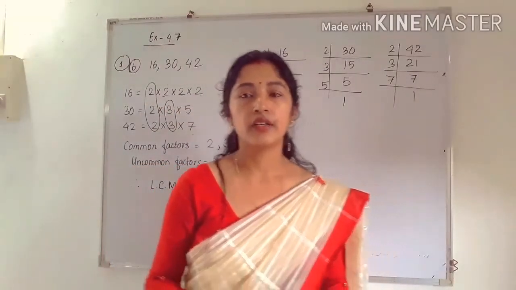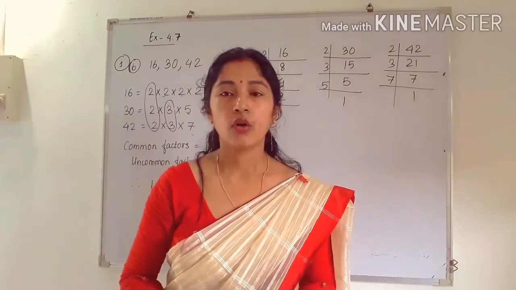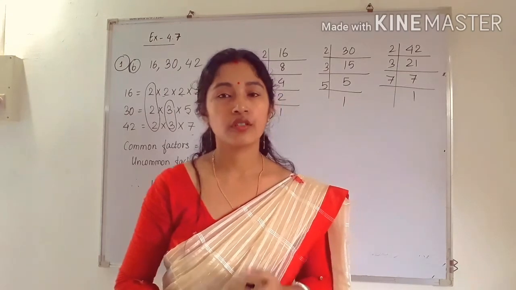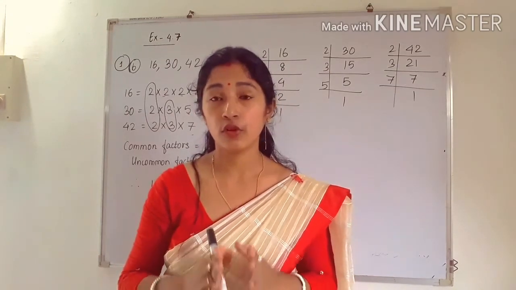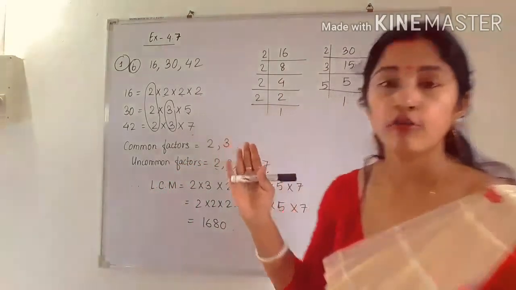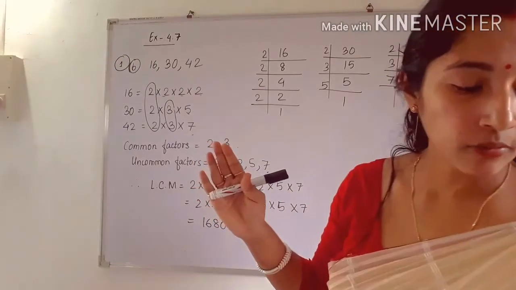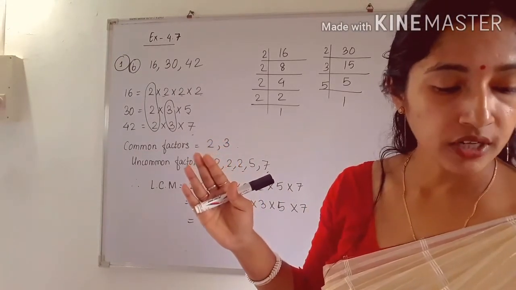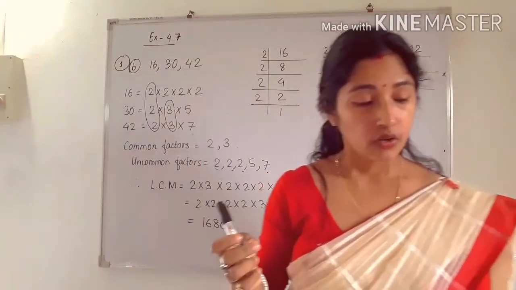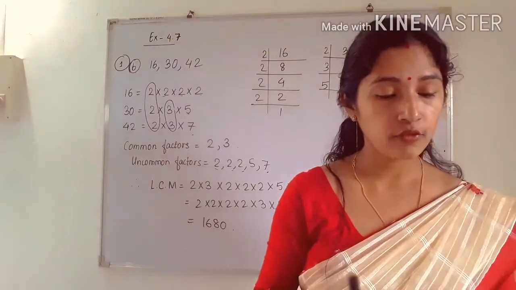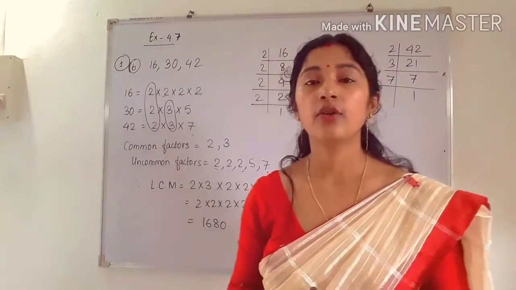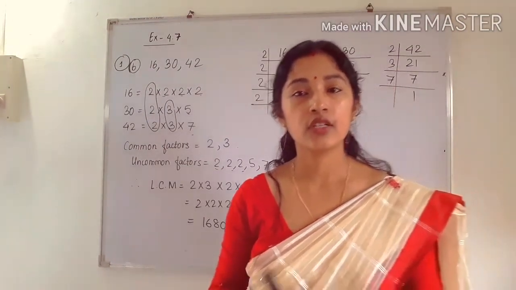One last method is remaining, that is the common division method for finding the LCM. That method I am going to discuss in my next lecture. For today, your task is to complete the exercise up to 4.7. In my next lecture I am going to discuss 4.8 and 4.9. One more task for you is to do the chapter checkup, question number 1 to question number 10. You can do it by yourself, because I have discussed all things in the lecture.